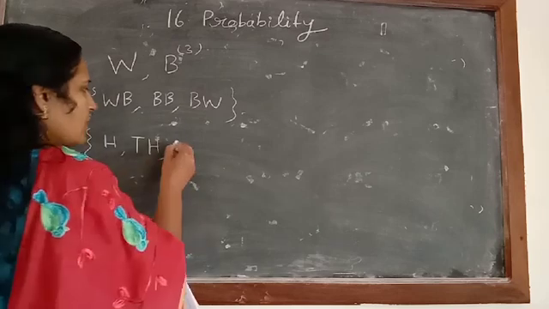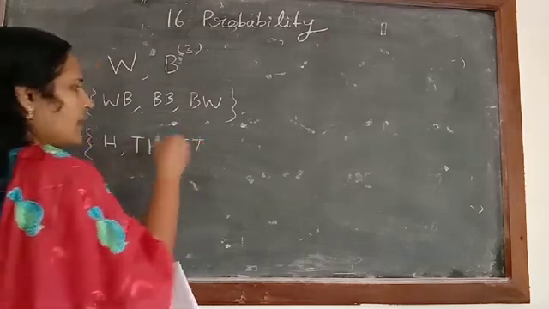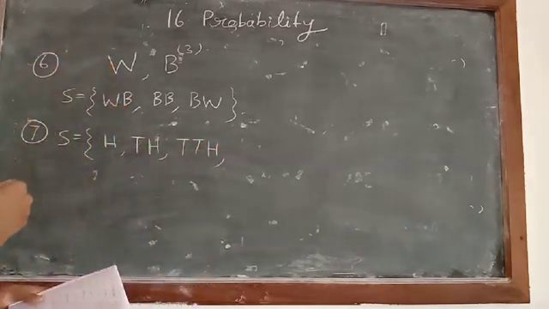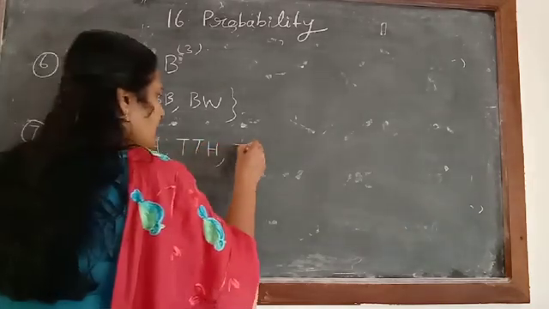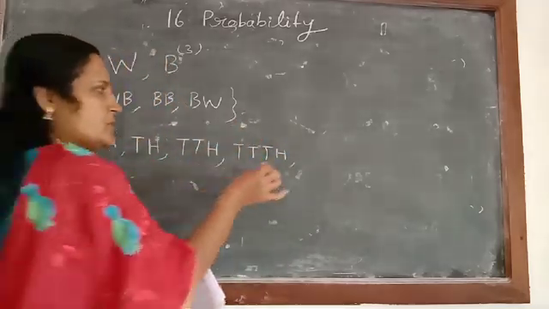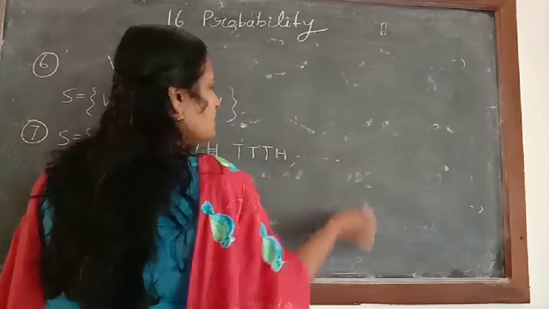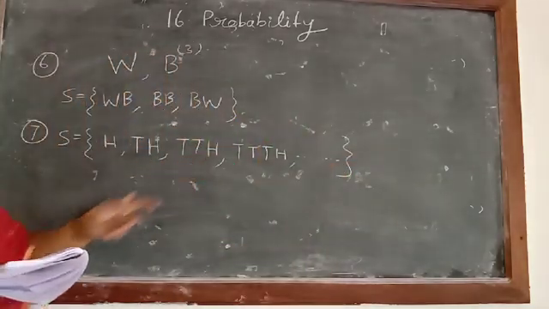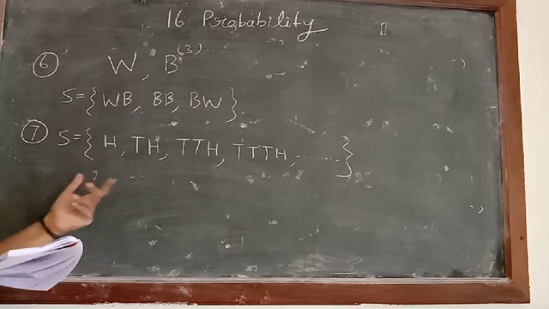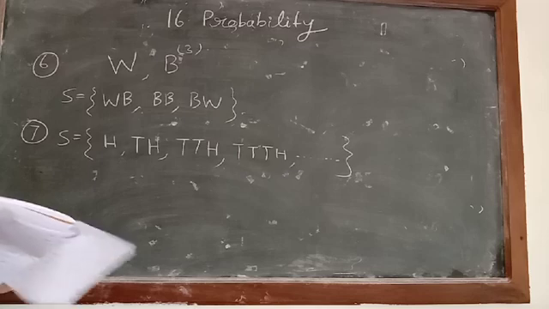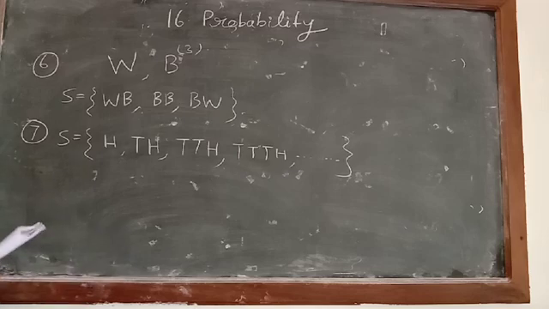Or I tossed the coin, first I got tail, again I got tail, then I got head there. So this can be one possibility, or it can be in this way only: tail, tail, tail, and head occurs the 4th time. So in this way how many possible outcomes are possible? Infinite outcomes are possible. So that we can write down in this way because we studied about infinite sets also. Clear? Okay. Now we can check the next question.